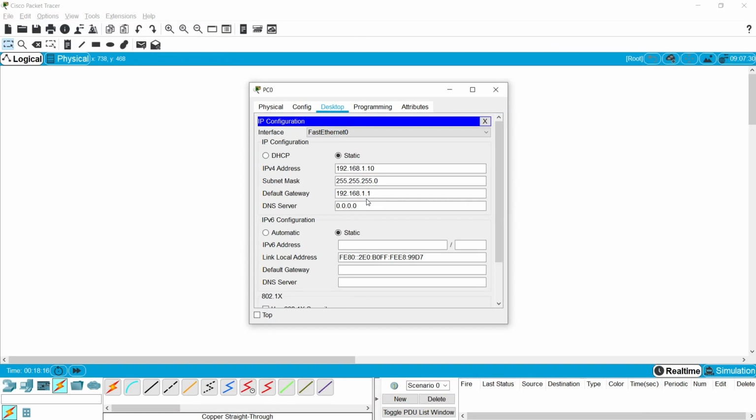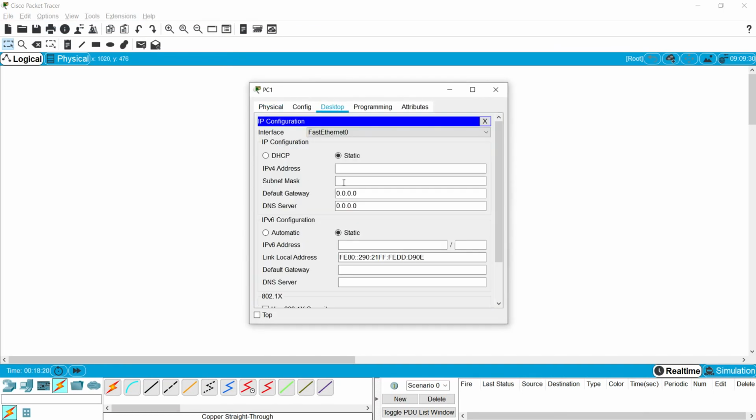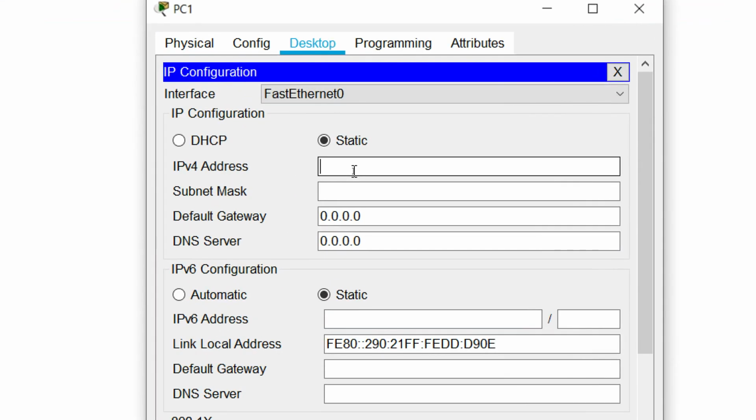So it's ready. Now we will move to PC1, Desktop, IP Configuration. Here we will assign 192.168.1.11, subnet mask. Then the default gateway, 1.1.